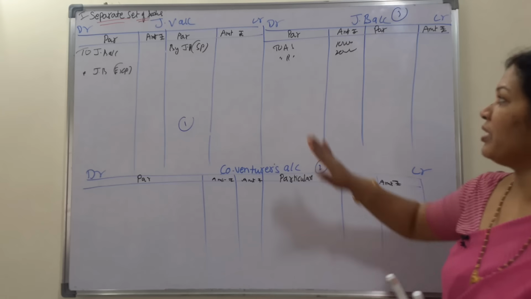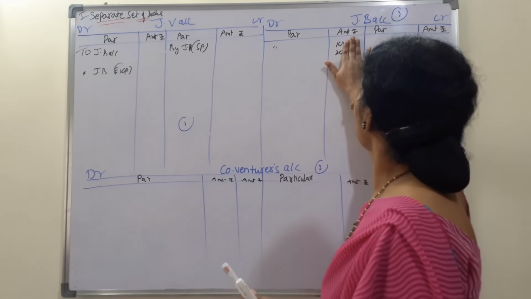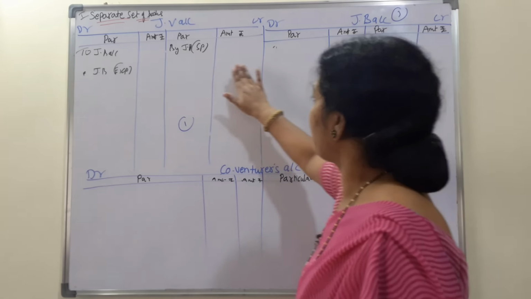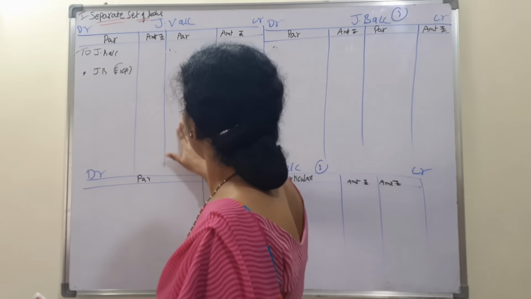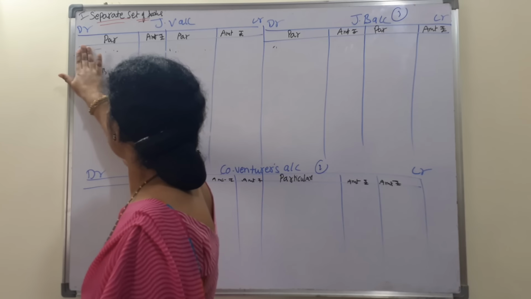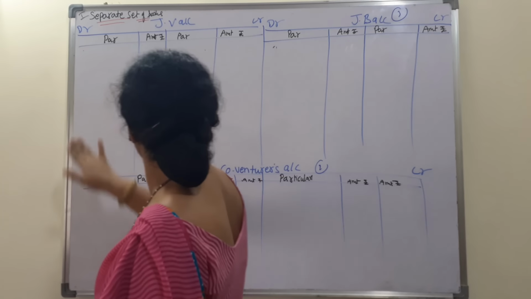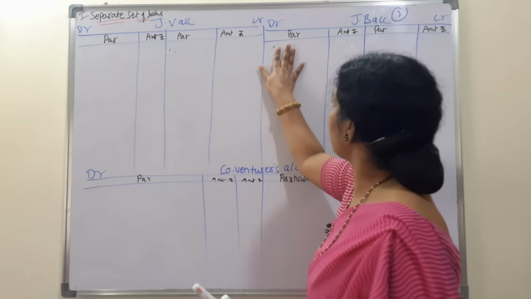Through a problem you can understand. So let us go for a problem. You can find the problem on the desktop, you can just note it down, or otherwise observe, and later you can note it down.